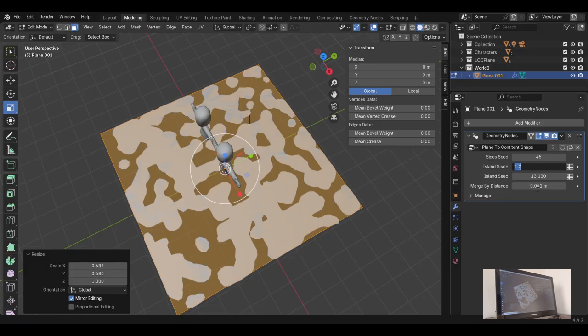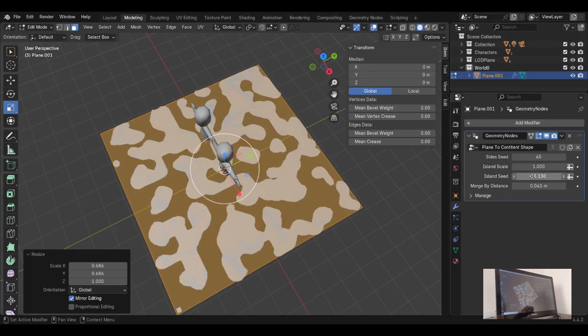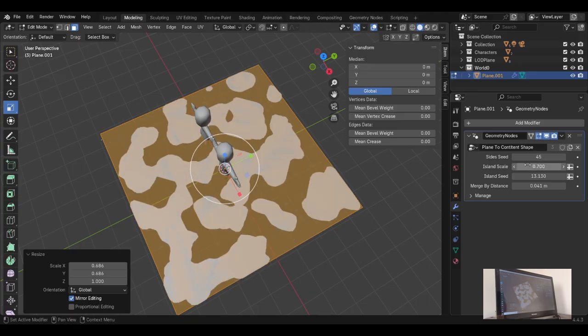You could manipulate it. 0.1 is too big. 0.7 is fine, I think. But I hate